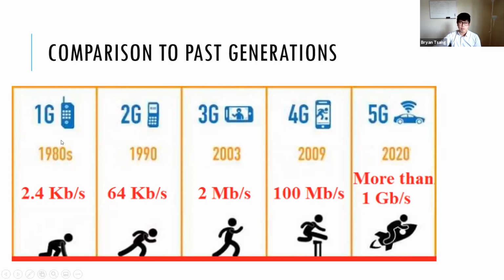And we can see that from generation to generation, there's a large increase in data rate transfer and the capabilities that we can do with it. And I think this graphic down here is really interesting because from 4G to 5G, it goes from jumping over a hurdle to riding a rocket, which I don't think is really accurate, but some of the reasons for that